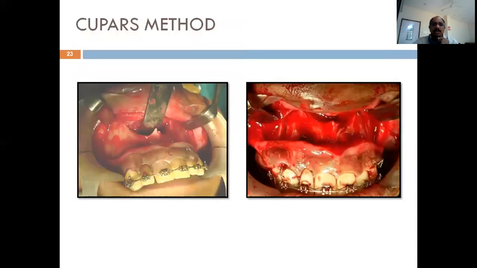This is what I told you. The same incision is given as in your Le Fort osteotomies, on the mucogingival junction. Make an incision, reflect the mucoperiosteal flap, and expose the maxilla up to your premolar region, right? You can reflect the nasal mucosa and start making a cut from the piriform margin towards the extracted socket. That is, make a cut laterally at the level of the premolar region, then come down vertically towards the extracted socket, and do it on both sides, and only that anterior segment of the maxilla is down fractured.